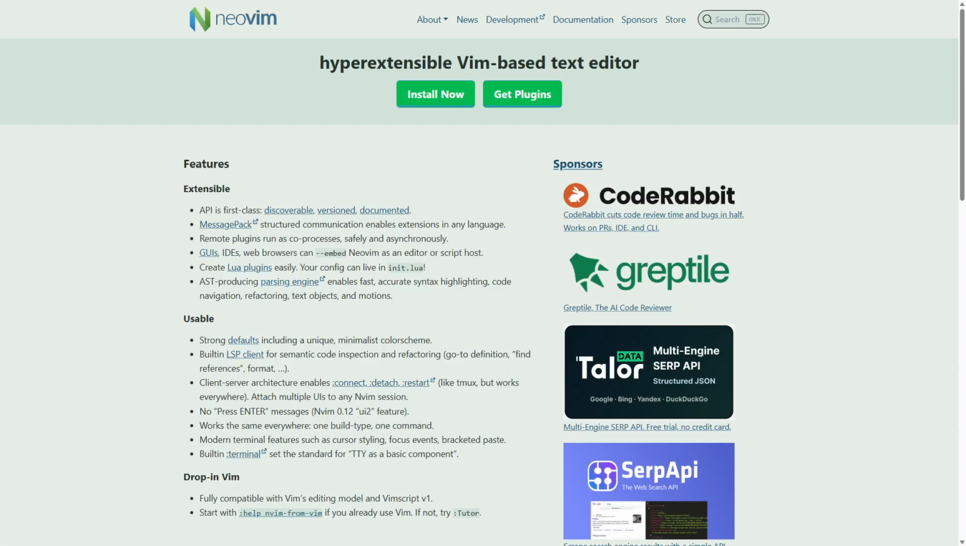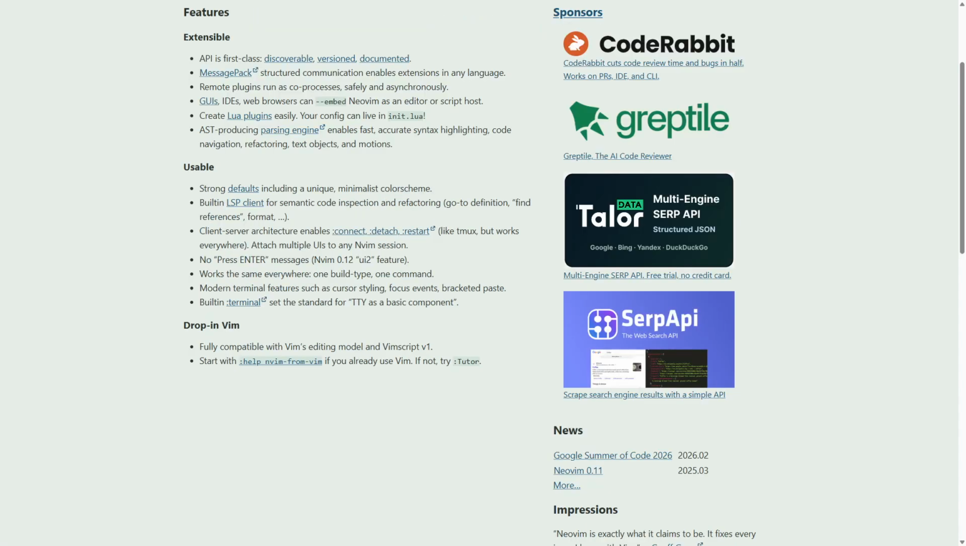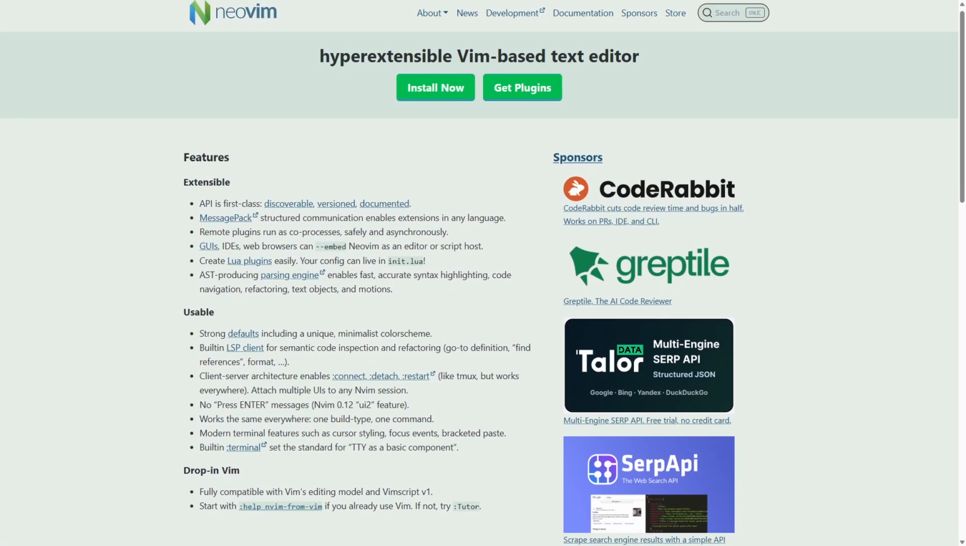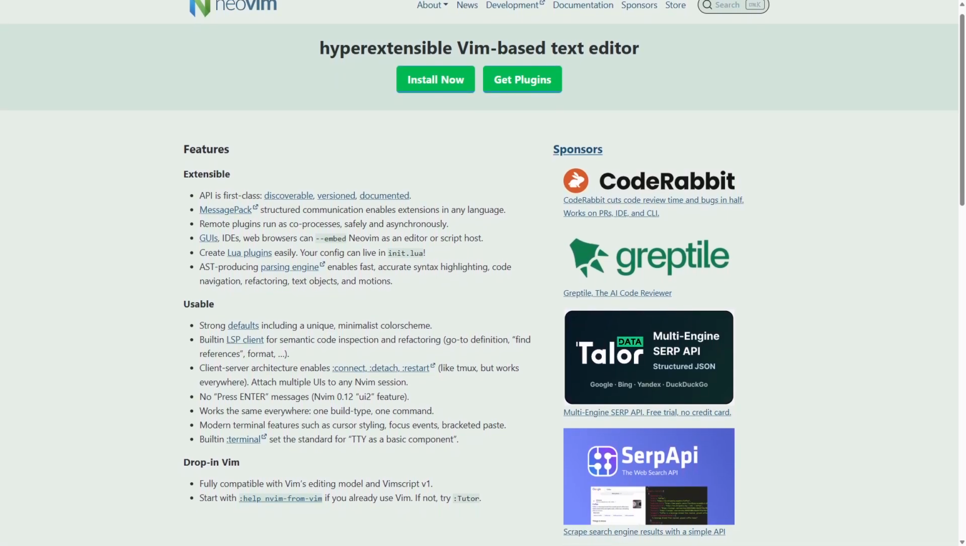Neovim is often hailed as the ultimate code editor for power users. But is it really all that? Let's dive into what makes Neovim stand out, and whether it lives up to the hype or just adds to the noise. Neovim is a highly extensible text editor built on the foundations of Vim, aiming to improve the user